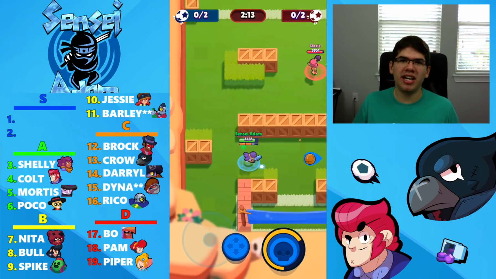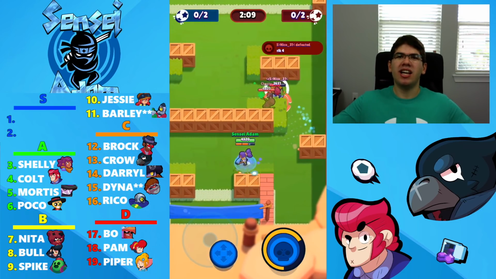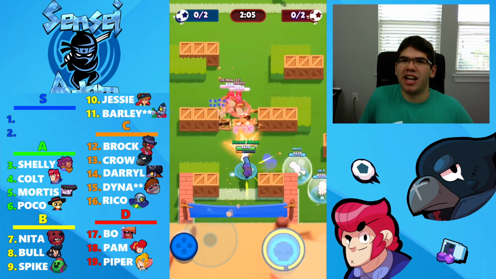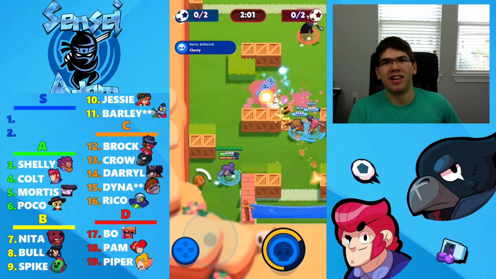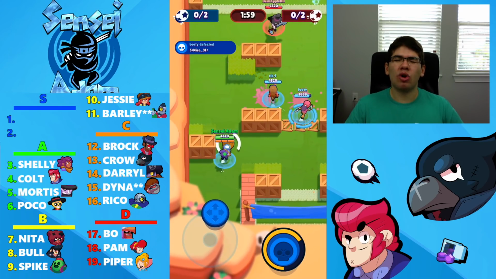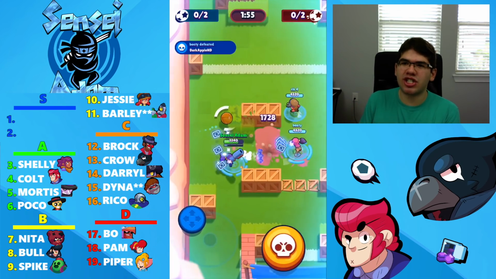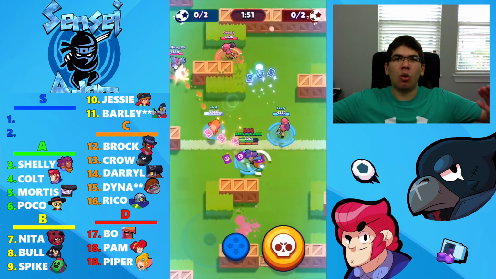Moving on to number 3, and to top off the A tier, we have Shelley. Now Shelley, you've probably seen some memes on Reddit which are really funny, like if Shelley has her super in Brawl Ball, everybody runs away. And that's true. Once she has her super, she's so deadly. Everybody just looks at the Shelley and tries to get her to waste her super. She's just a really good goal